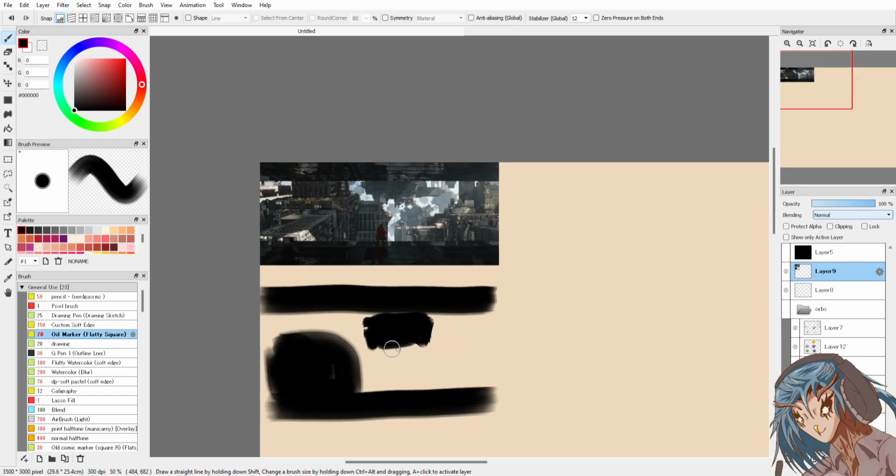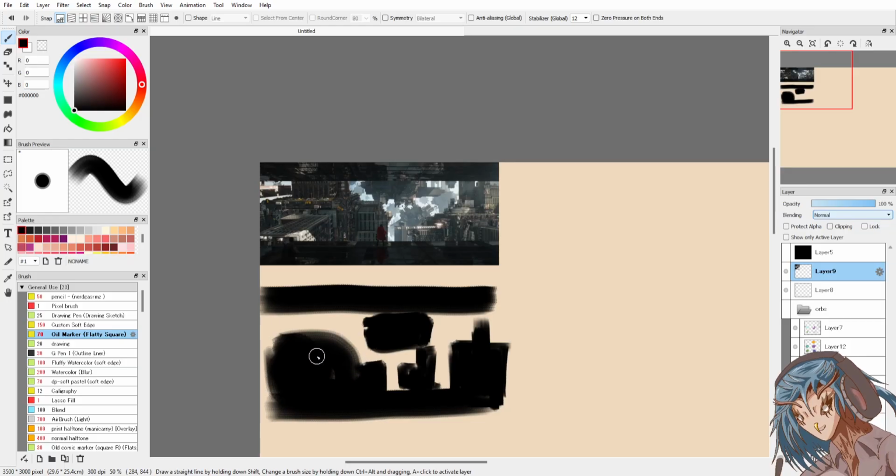You have buildings that you don't expect to see at angles, but they're still recognizable as buildings. You still have to maintain recognizability every time. How do you do that? With value. Value holds the structure.